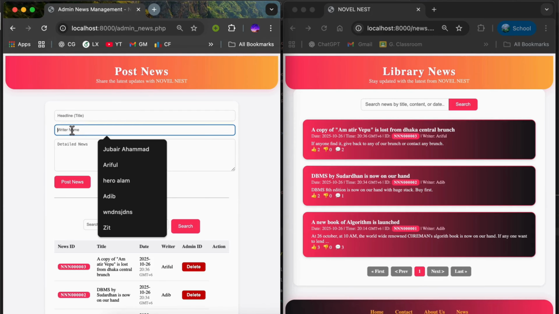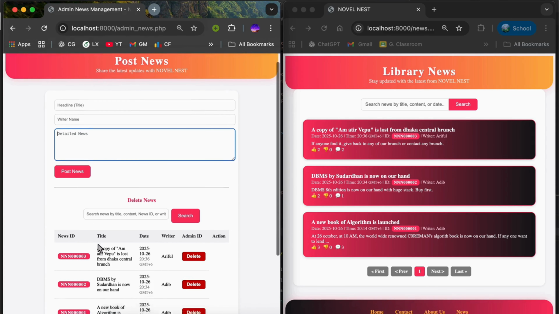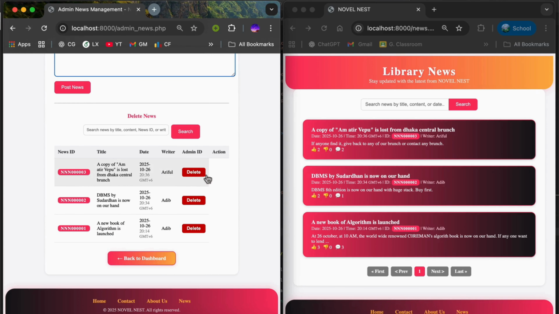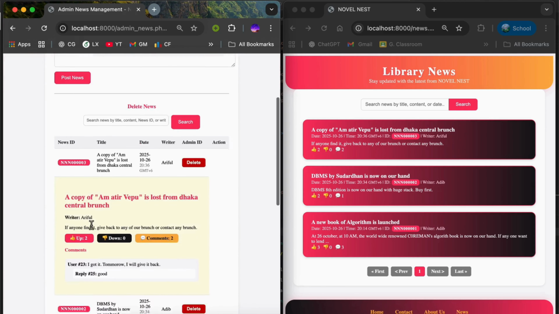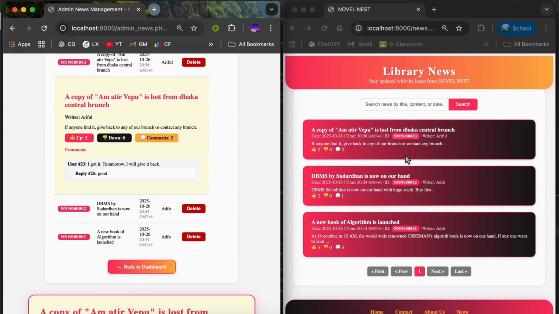Admin can use a headline, writer name and deadline for news. Then he can post any types of news. He can view and he can delete any types of news. He can view what type of news it is and in detail here. And any user can